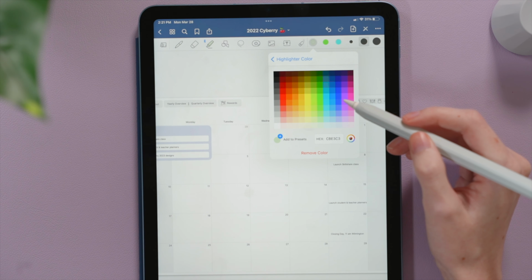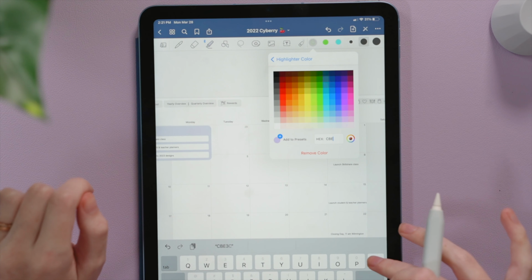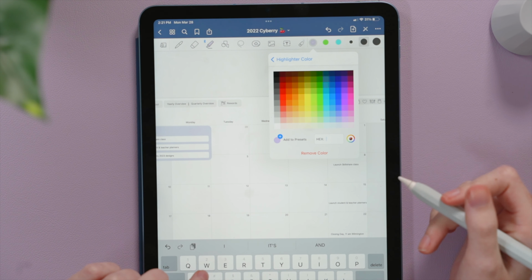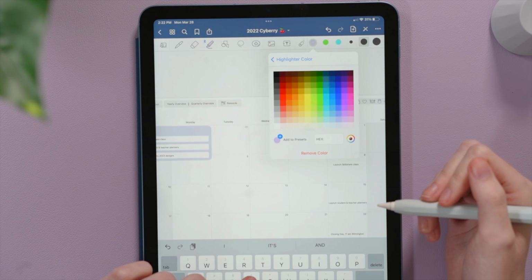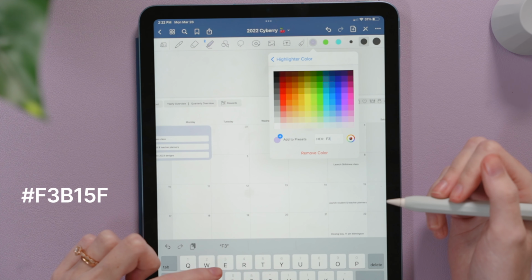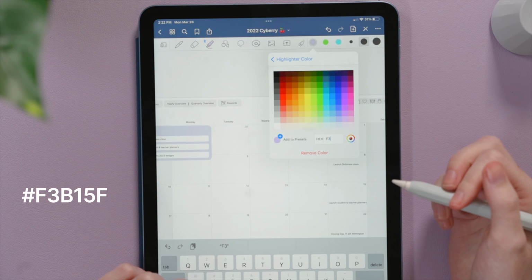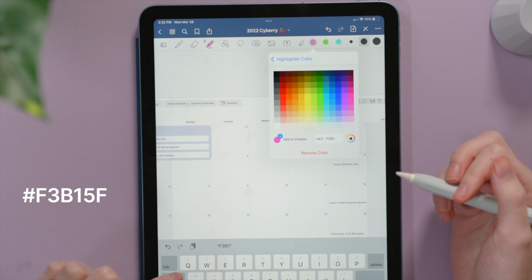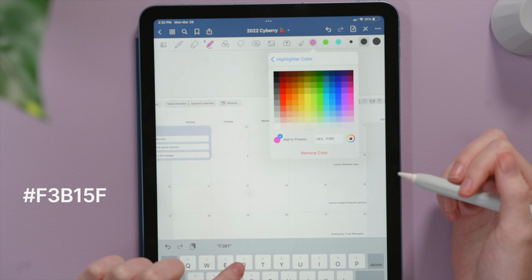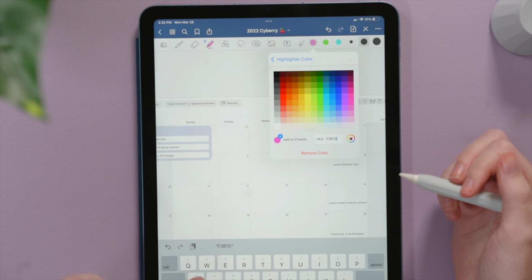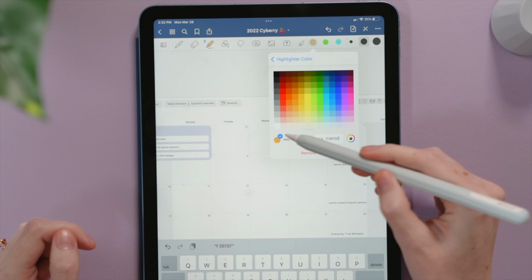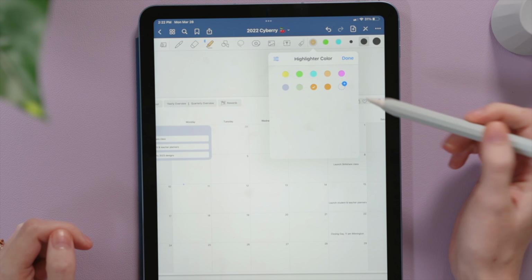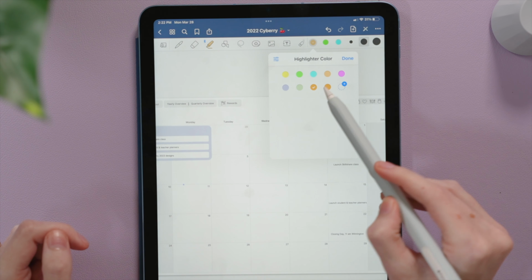Going to go in with my third favorite color for highlighters here. Let me delete this. And this is the more orangey color that you saw on my March spread, and that's F3. I can swipe down on E to get 3, and then I can do B, swipe down on Q to get 1, swipe down on T to get 5, and then F. So that's F3B15F. Add that to my presets. If I back out, now I have these 3 nice colors